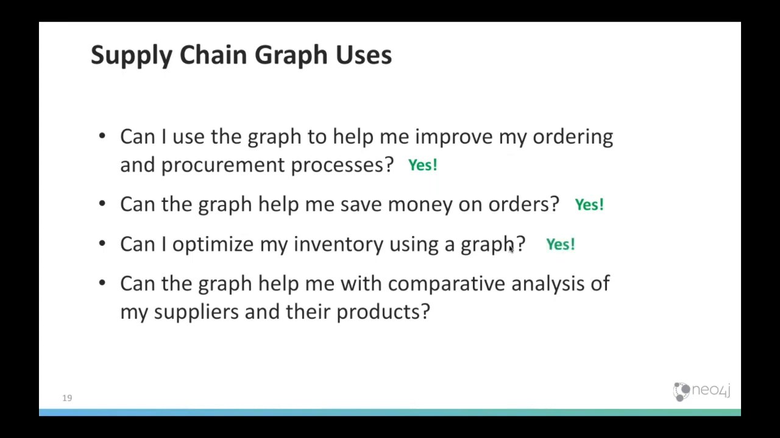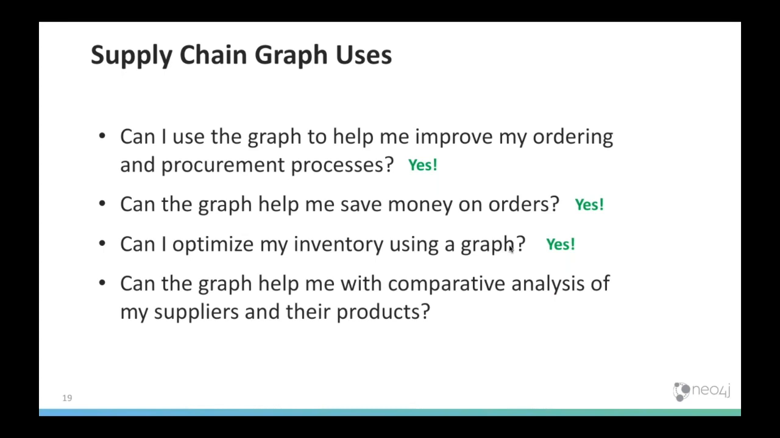Can you optimize your inventory using a graph? Absolutely. So when you have a view of your inventory, where it lives and how that matches against expected demand, then you can start to make decisions about how much inventory you should maintain, where that inventory should live. So being able to optimize not just your supply chain, but your own inventory, and being able to reduce your costs by carrying less inventory, by needing less facilities, if you can start to predict need versus demand,